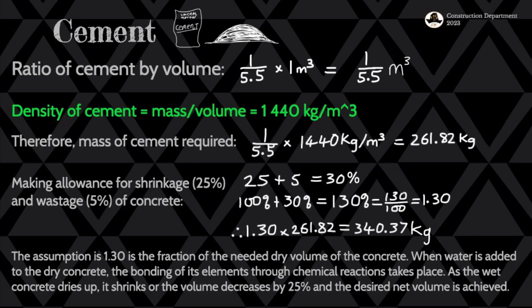To account for that, it's no longer going to be 1 cubic meter, but we want to price for 1 cubic meter, which means we would need to adjust the price. But we can't do that. We want it for 1 cubic meter so it's easier to use as a rate. So we need to adjust the quantity of the materials that we're going to be mixing up to get 1 cubic meter of concrete after shrinkage. So we need to factor in that shrinkage,